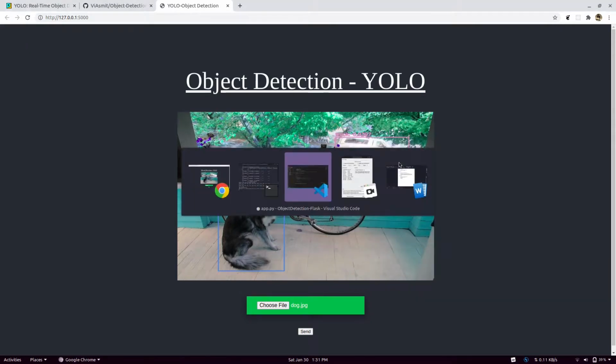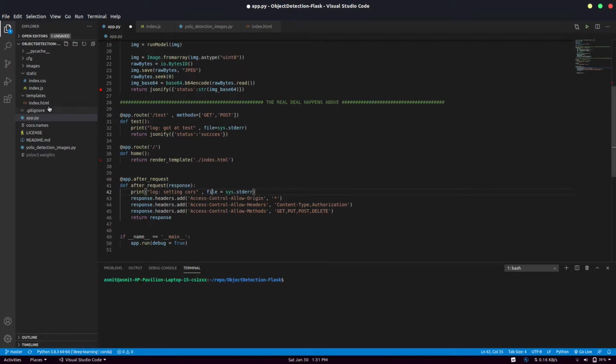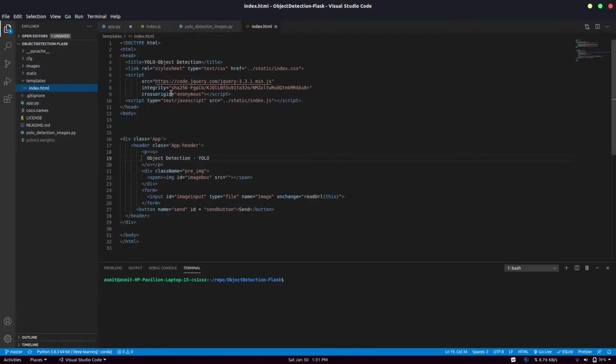Let's start with the front end. So the front end is an index file which contains a title, a link to the style sheet, and the jQuery integration, and this here is the main object. This is our heading, and this is a space where we will display the image. This is from where you can read the image or send the image from your computer to the machine, and here is the send button. When we click the send button,